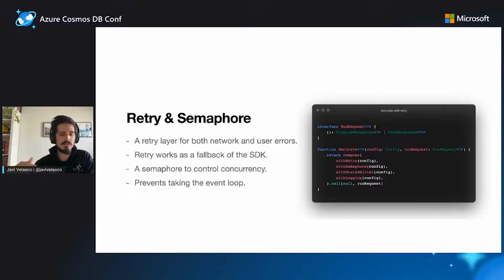And this is going to help us make sure that we don't take the event loop. It helps control the concurrency, how many operations are going to be running at the exact same time. If we do, for example, a promise all with thousands of operations at the same time, we will make sure that we are not taking the event loop and we are not running a lot of operations in the exact same millisecond. With this, we complete all of the decorators that we have in front of every single operation, but